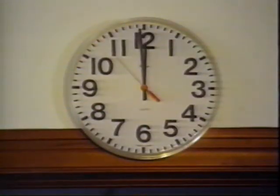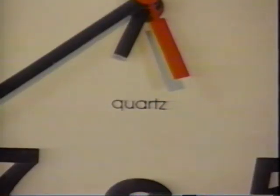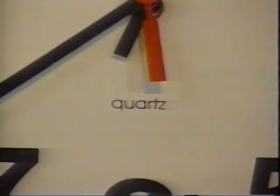Now, you're probably wondering, how does a hunk of quartz keep time? Well, an interesting thing happens to quartz crystal when you apply electricity to it. It vibrates with a constant frequency. These regular vibrations are used to keep time. In fact, it works very much like a pendulum, except a quartz clock is 10 times more accurate than a pendulum clock. Now, there's one more thing you need to know about time to really...